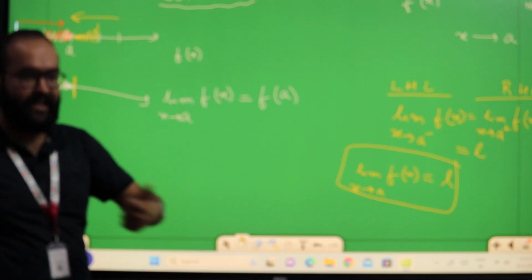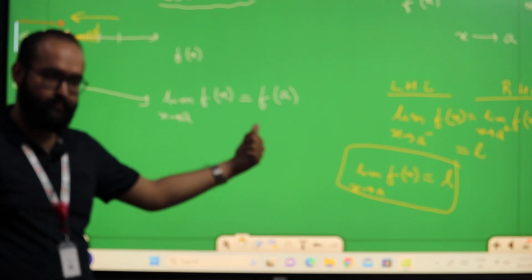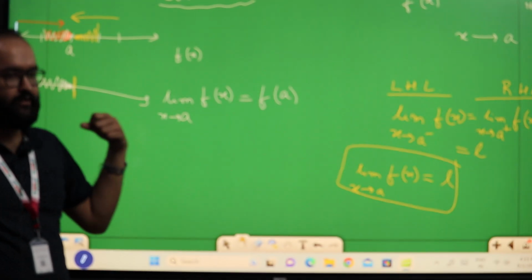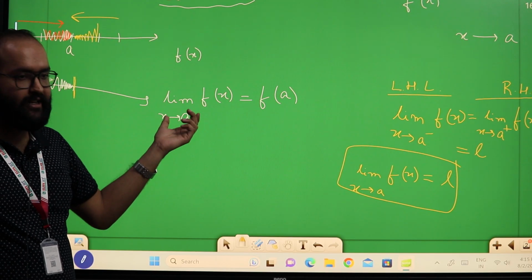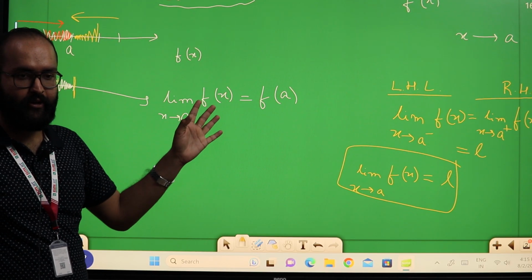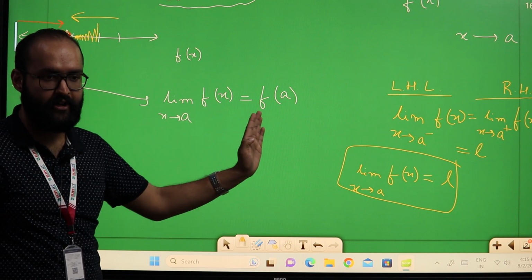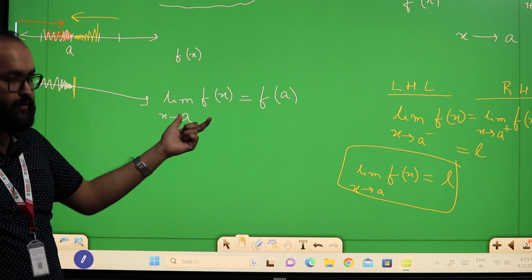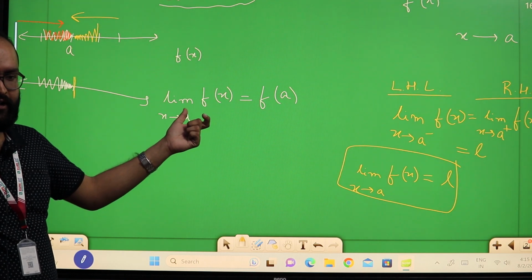That is, it will be equal to the value of the function exactly at the point. Because we know what the limit value is: limit value is not like exactly going there. Limit value is like it tends to go there but never reaches there. So if we see that the limit,